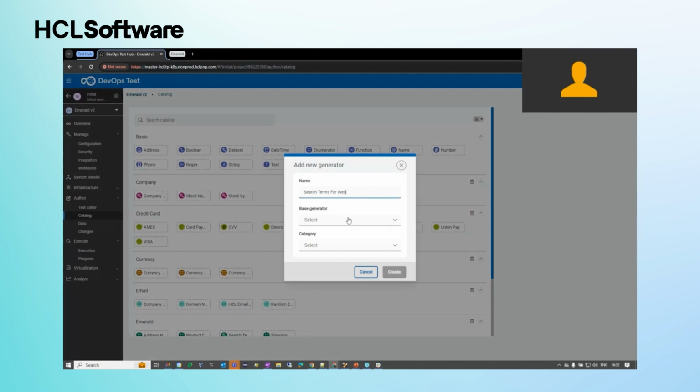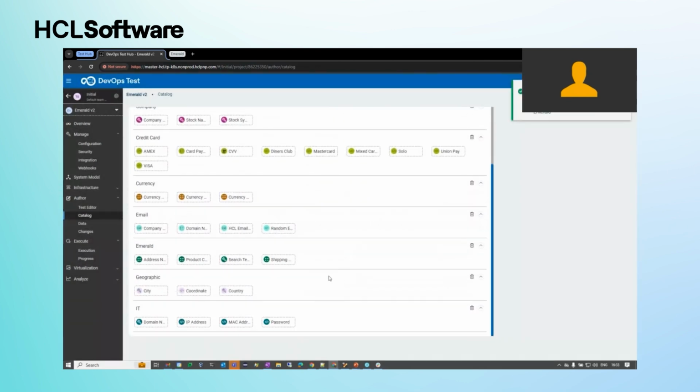So, for example, if I wanted to create a new generator, I might say, well, actually, I've got to run a performance test against our website, and there's a search box, and I want to test that search box. So I want a list of search terms that I can iterate through in a sensible way. So I might put this into my Emerald category, because my store is called Emerald. And when we generate that new generator and put it in a category, it will allow us to configure it,